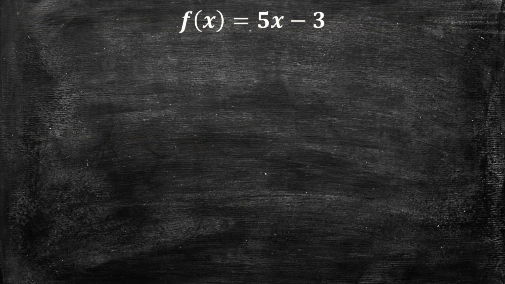Example number one, we have f of x is equal to 5x minus 3, and we want to find the inverse of that. So to begin, we're just going to rewrite this a little bit by changing this f of x to a y. So we're going to put y is equal to 5x minus 3. And now what we do is we replace the y and the x. We just change their spots. So then it becomes x is equal to